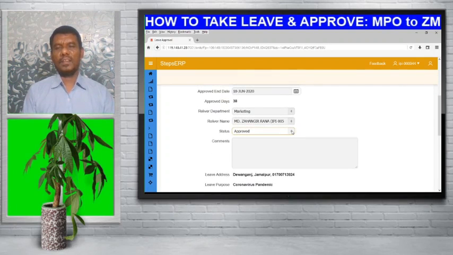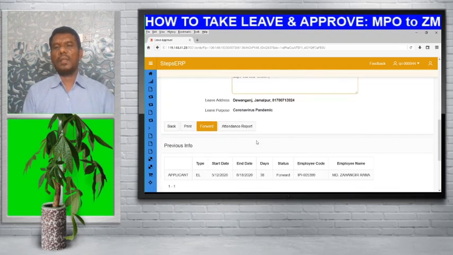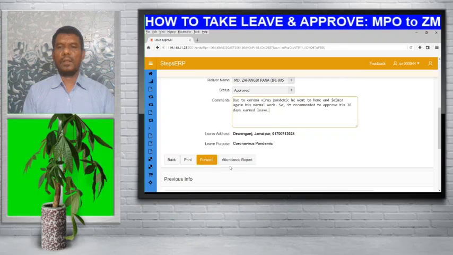You may reject, return to the applicant for correction, or approve. As I shall approve, I am pressing approve. Then I shall write some comments. That's all. Then you have to press the forward button. Okay, I am pressing the forward button.